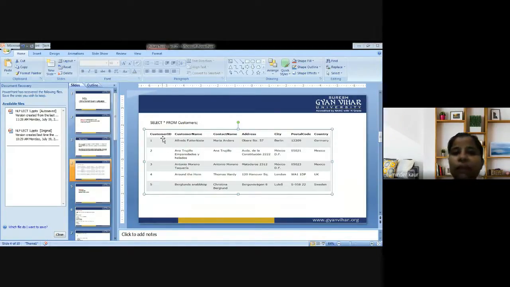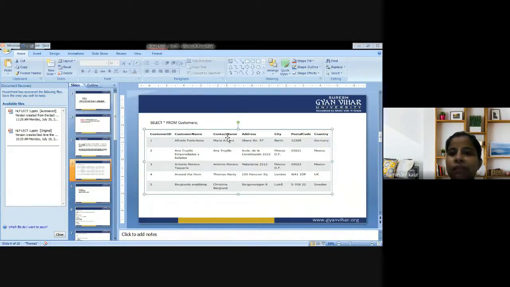If I am dealing with the customer ID attribute, then these are the entries that define the customer ID. It could be 1, 2, 3, 4, 5. There are various names dealing with the customer name, so this is the elaboration of the customer name attribute. That is, various names have been given here. This is the contact name that has been given here, and it satisfies the contact name attribute.